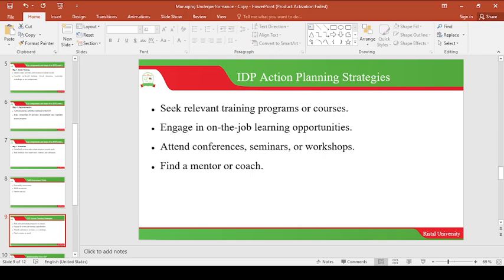Then you need to find a mentor or coach. Mentorship is very important. As an individual, you need to have a mentor. You need to have someone. That mentor should be in line with your profession. For example, for us in human resource, if I'm to have a mentor, it should be someone who is in that field, an expert in human resource. I don't need to have a mentor from ICT.